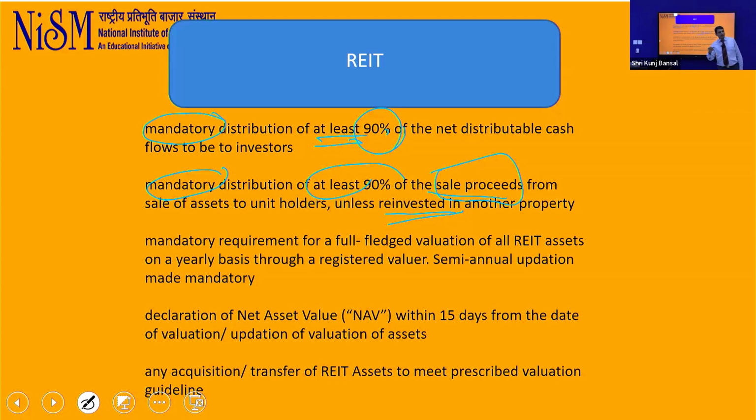They'll reinvest in other income generating assets, and they will continue to give you, as we said in the first one, 90% of the income that comes in. But if they don't reinvest, if they don't have an opportunity to reinvest, that's how your protection comes in. So there were a few questions. How does a minority investor or a REIT investor get protected? What is capital protection? There's no capital protection, but these are the mechanisms of protection of the retail investor. In terms of disclosure and information also, there are some mandatory requirements.